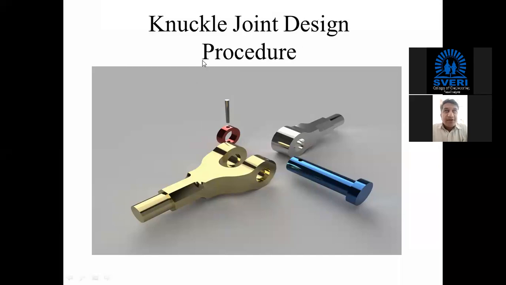Okay, now we are going to see the design procedure for the knuckle joint. A knuckle joint is nothing but a joint which is used to connect two different shafts which are transmitting tensile as well as compressive force. Normally in most cases it is used to transmit the compressive force. Such joints are used in connecting railway wagons with each other, and in our daily practice you might have seen such joints in joining a tractor with a trailer.